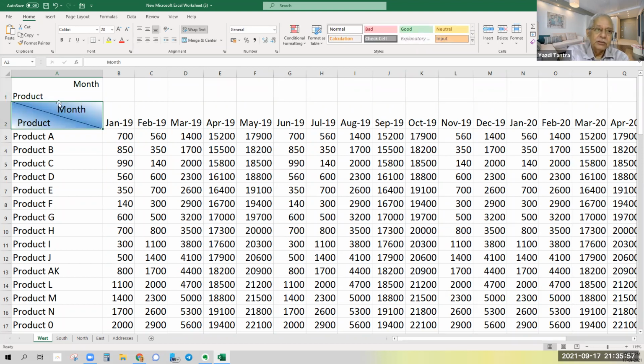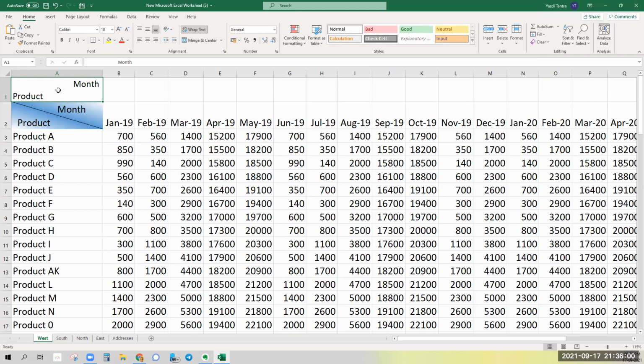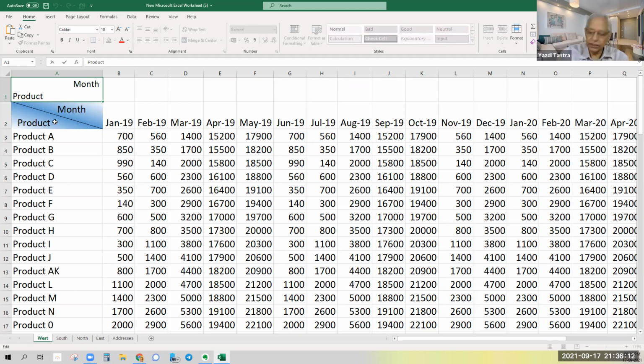So are you getting this? So this is very simple. Please repeat that again. Alt enter. Alt enter lets you go to the next line in the same cell. Okay. So suppose you were editing this, you are here and I press Alt enter. What happens is I am going to the next line in the same cell. Yes. So Alt Enter helps us go to the next line in the same cell. This is a very routine thing because we want our rows and columns to be neat.